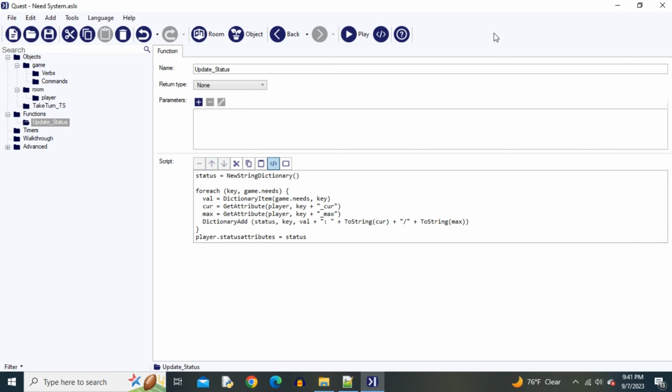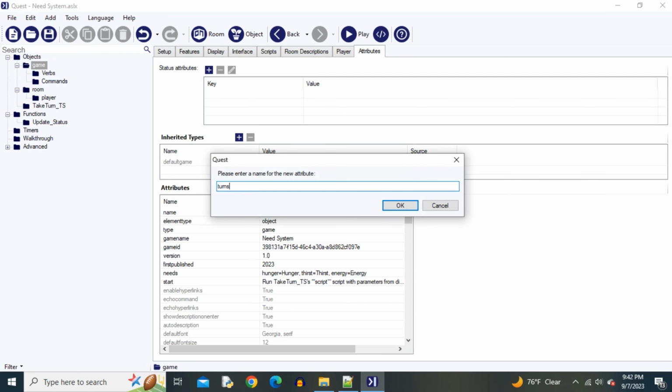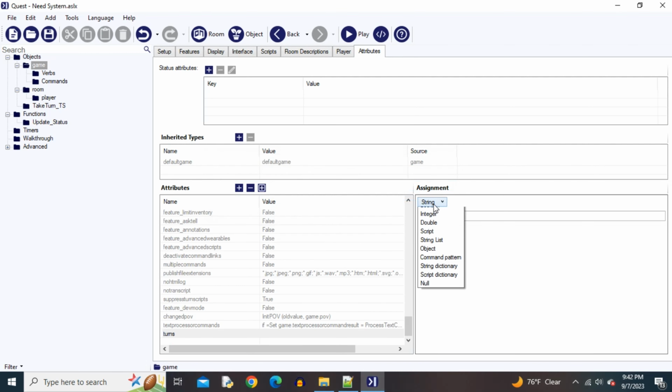So we're going to continue where we left off in the last video. The first thing we're going to do is go to the game object and add a new attribute. It's going to be called turns. It's going to be an integer and leave it at 0. Each time the player takes a turn, we're going to increase this counter by 1. And once it reaches 60, that's when we're going to go through and decrease all of the player's